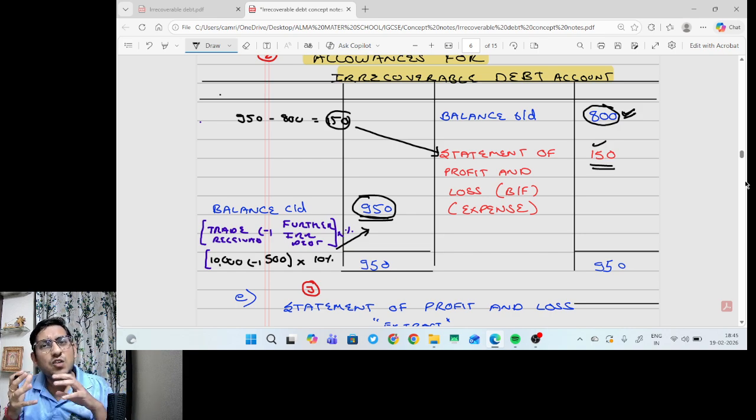Sir, can allowances also be converted into income? Obviously. For example, if 800 is the opening balance and say closing balance is 750. So in that case, my opening liability is 800 and my closing liability is 750. That means my liability is reducing, right? So allowances is not the actual loss. Allowances is the possible loss. So it may change. It can convert into loss, or it can convert into income. So in this example, you see that the liabilities increase. That's why this 150 is treated as expense. If the liability reduces, it will be called income.